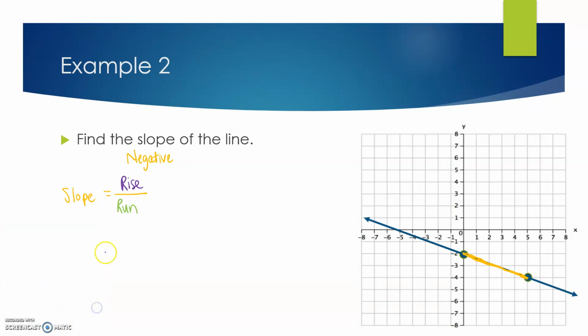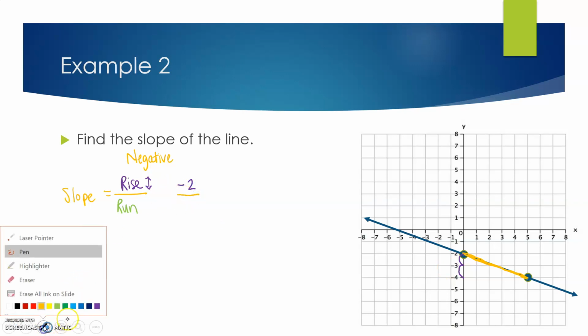So here's what's going to happen. I'm going to say, okay, how many do I rise? And I'm still going to start from the left. And rise we think of as only going up, but we're also talking about what if we go down? So in other words, how many do I have to move down? 1, 2. Now I'm moving downwards, which in the y direction is negative. So I'm going to have a negative 2